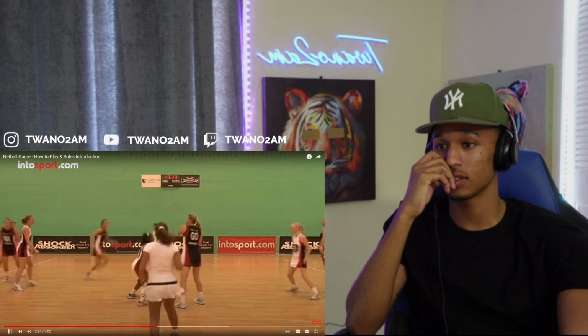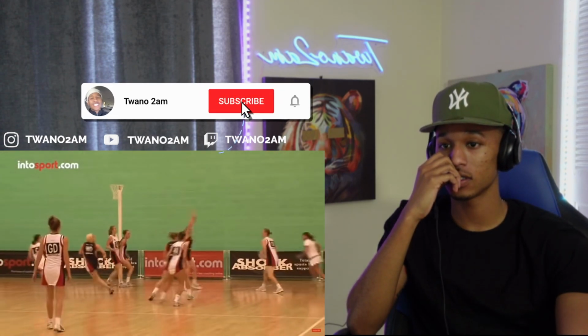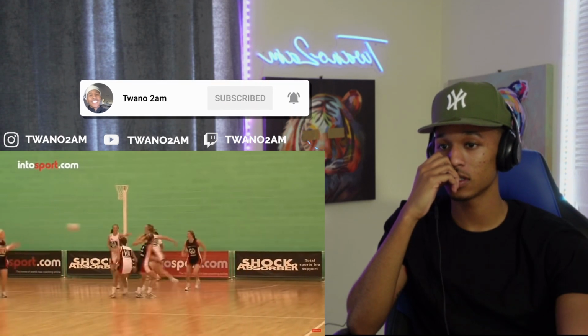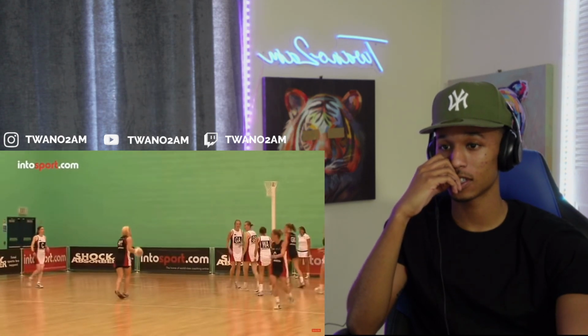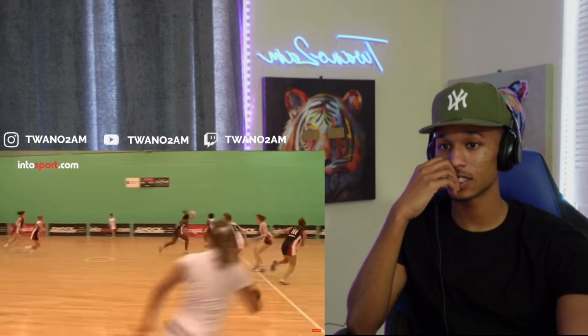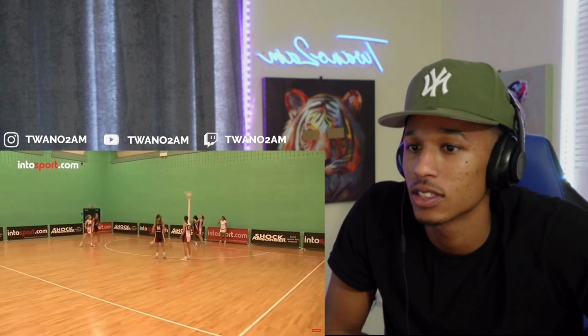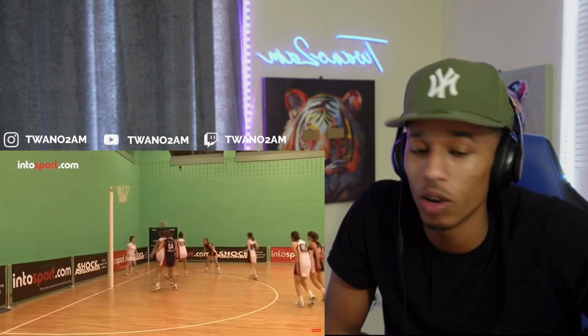With a toss-up. Like most sports, netball has lots of rules, but you only need to know a few of the most important ones to get started or follow a game. Games are refereed by 2 umpires that each cover half of the court. The umpire will blow a whistle to start, restart or stop the game when a goal has been scored, and to signal when an infringement is